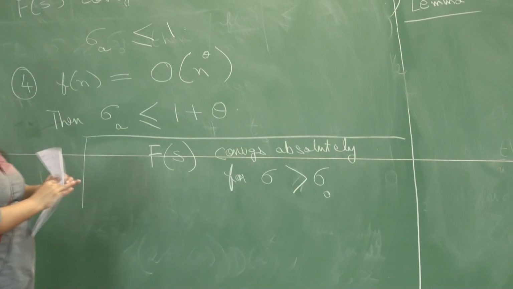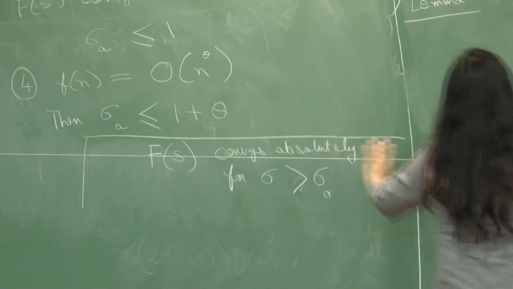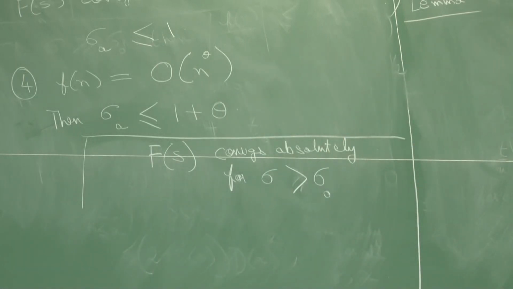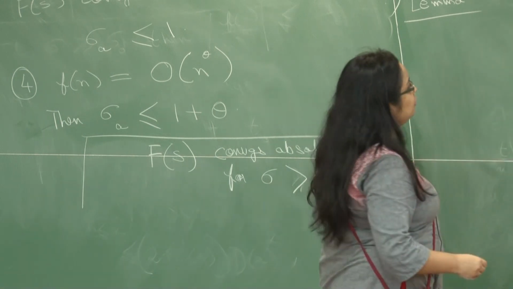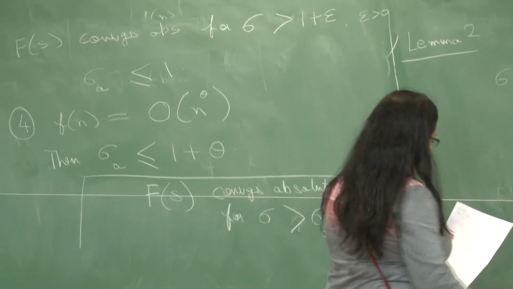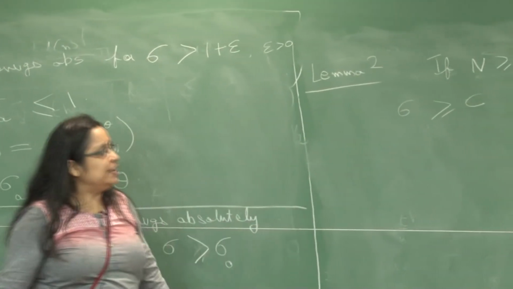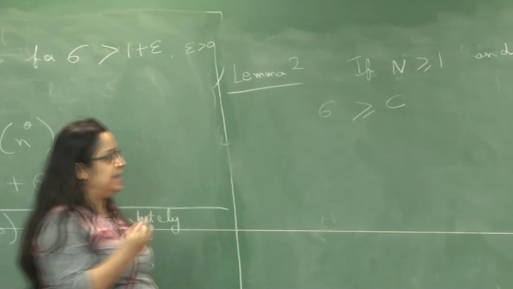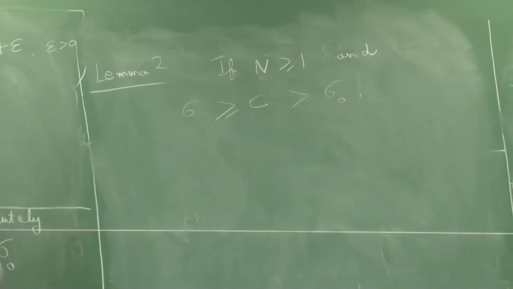Okay, so this is a notation that we will assume for all the Dirichlet series. Sigma sub 0 is such a point so that to the right of it the Dirichlet series converges absolutely. So now suppose you have n greater than or equal to 1 and you have any complex number whose real part is bounded below by some absolute constant c, which in turn is strictly greater than sigma 0, then